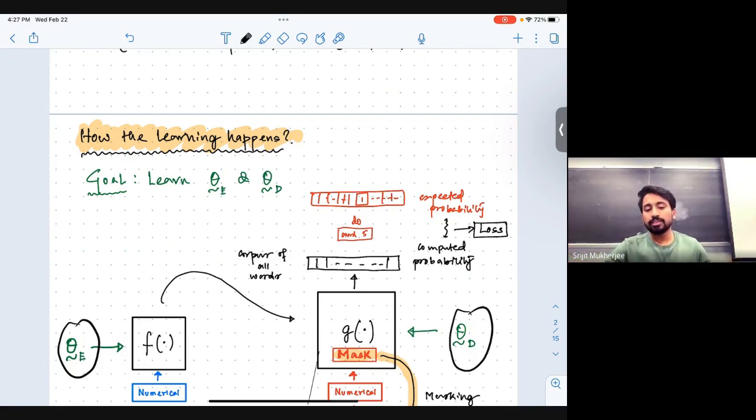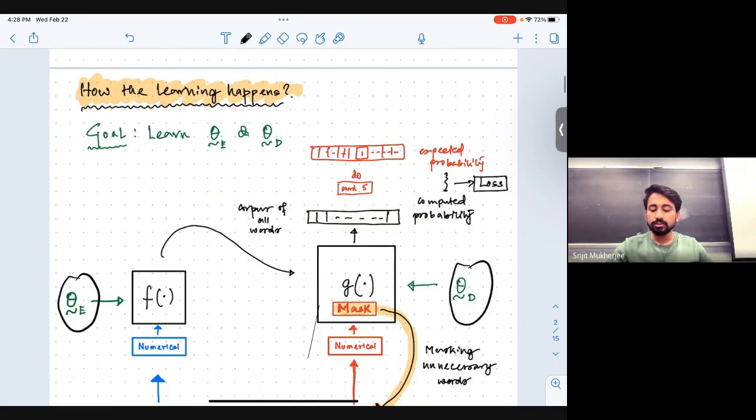So we'll see a softmax function is used here, just like the DNN. Finally, it's a fully connected layer and the softmax function. Essentially, it's a big corpus of all words, like the length of all words. Let's say 10,000 words are there in the English language. So it computes a probability for each one of them, and this is the computed probability based on the weights. So it's a function of the weights,